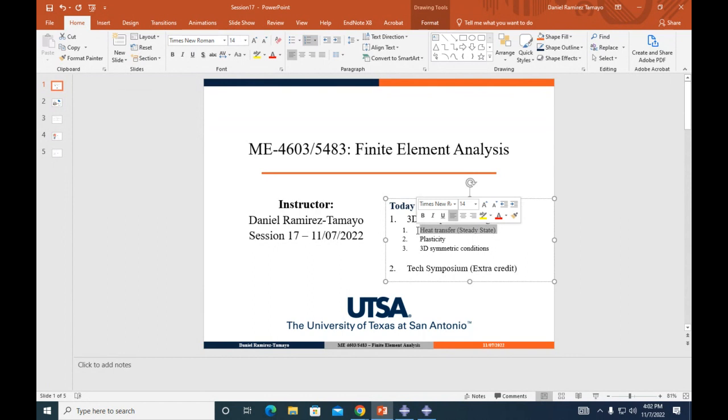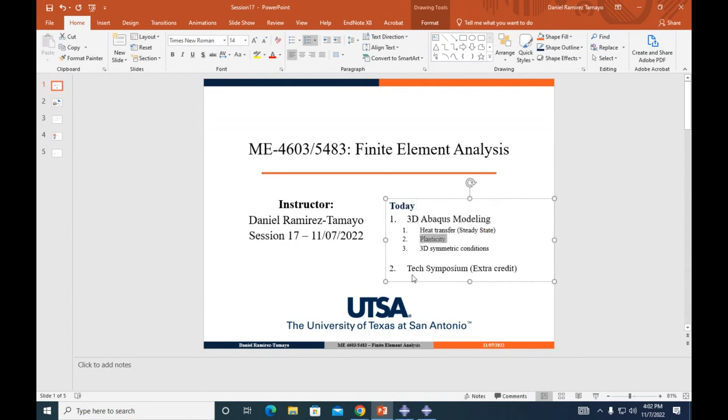So what is the steady state? Whenever you apply some heat transfer conditions, what is the final state of the structure after many hours have elapsed, supposing that nothing changed in terms of the boundary conditions? That's called the steady state of a heat transfer problem.